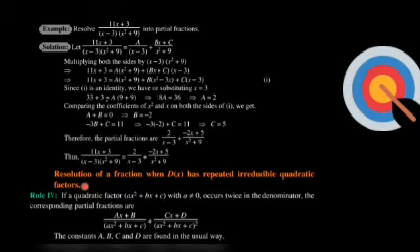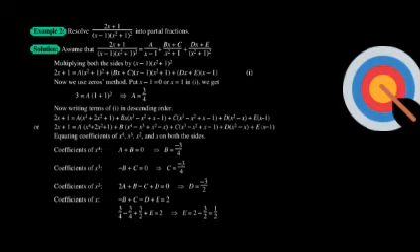Next case is whenever we have irreducible quadratic factors and they are also repeated in the denominator. What do we do in this case? We put ax plus b on the first power of the quadratic factor and cx plus d on the next power of the quadratic factor, and ex plus f and so on. The unknowns a, b, c and d are found in the previously discussed way. Such types of equations are called case 4 equations.